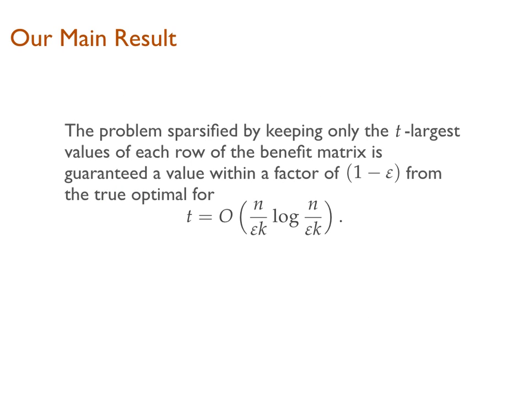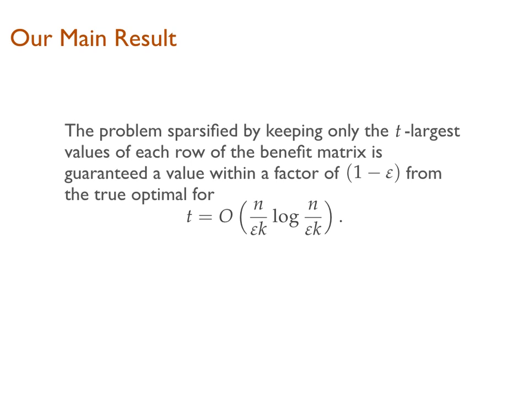In this paper, we build on the previous work by improving the theoretical analysis of the sparsification error. Specifically, we show that we can zero out every entry in the benefit matrix except for the t largest values, while still guaranteeing that the solution of the sparsified problem is within a 1 minus epsilon factor from the true optimal solution. The required level of sparsity t for this approximation is order n over epsilon k log n over epsilon k,